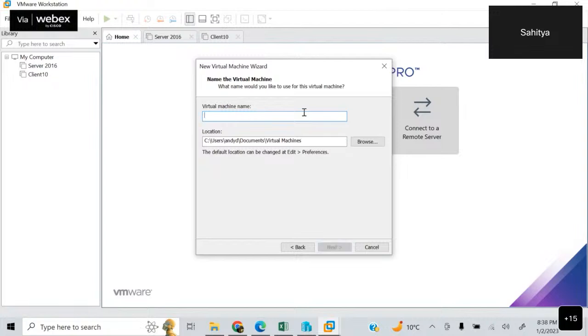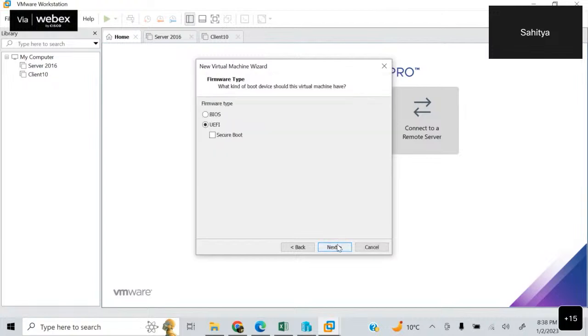Let's suppose I'm renaming it as server 1. Okay, then next. Firmware type, BIOS or UEFI. For now, we will select UEFI. I will let you know later on what is the reason we are selecting UEFI. But for now, just select UEFI. Next,